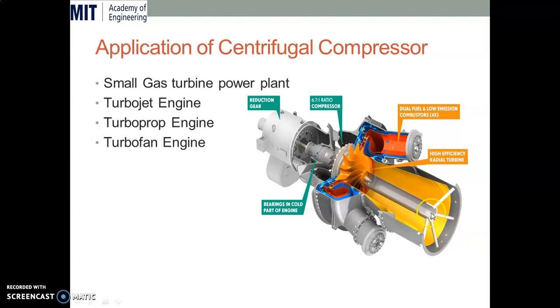To create jet propulsion, or the power source to rotate the generator over here, we can use the centrifugal compressor to compress the air. We can see the small portion here. We can use this particular compressor in turbojet engines, turboprop engines and turbofan engines. This whole part we are going to cover in detail in unit number 6. For now, just remember that these are some applications of the centrifugal compressor.